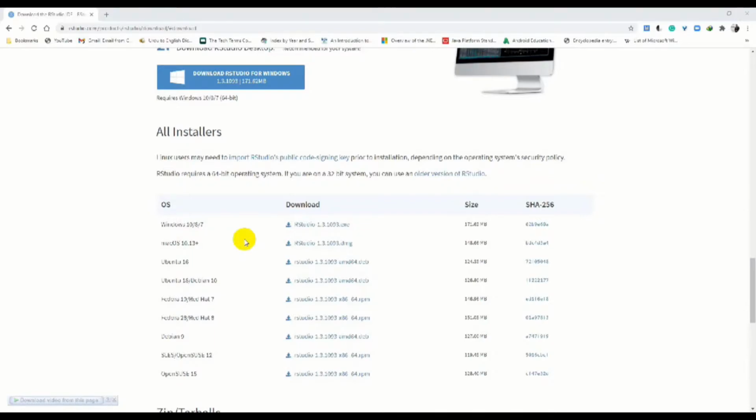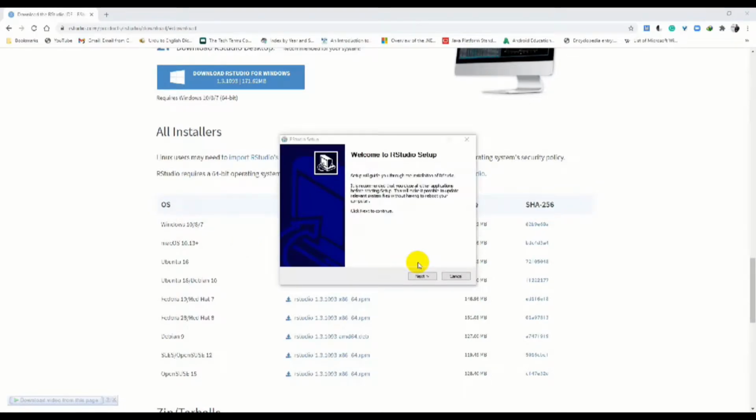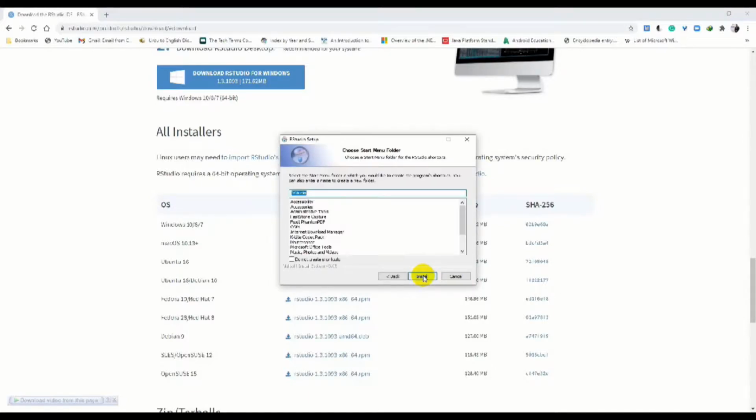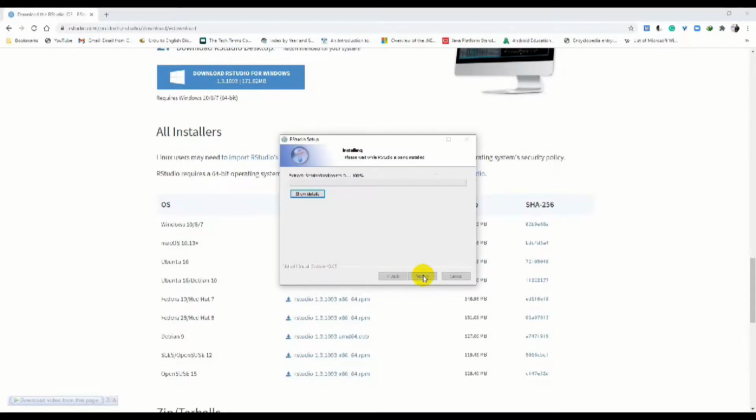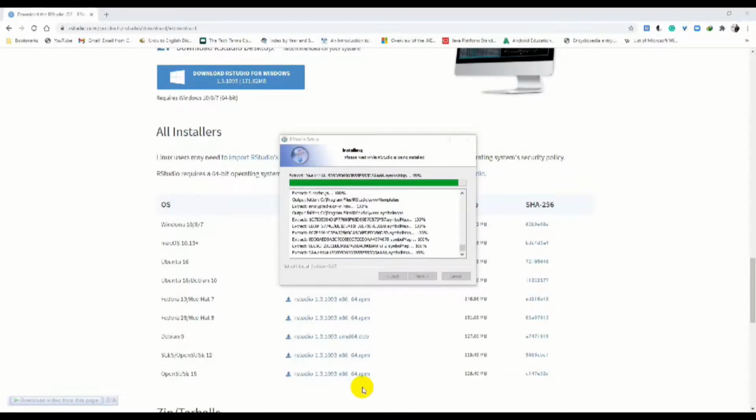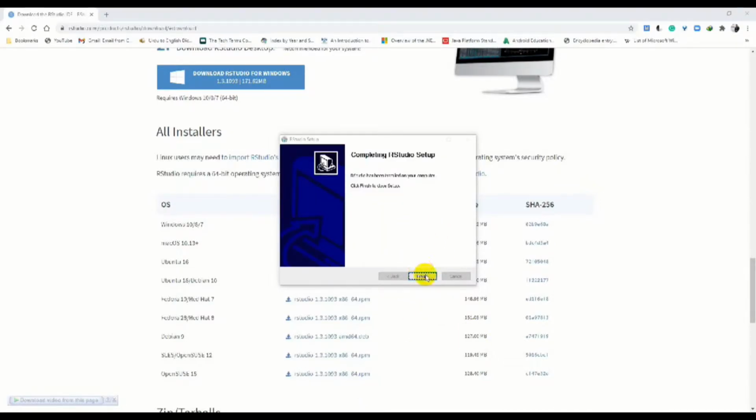Now always remember to install the R language console first before installing the RStudio. If you install RStudio before installing the R language, your R language console won't be detected by the RStudio. Here the installer has started. Follow the general on-screen instructions and actions to complete installation of RStudio. Now the RStudio installation is completed. Click the Finish button